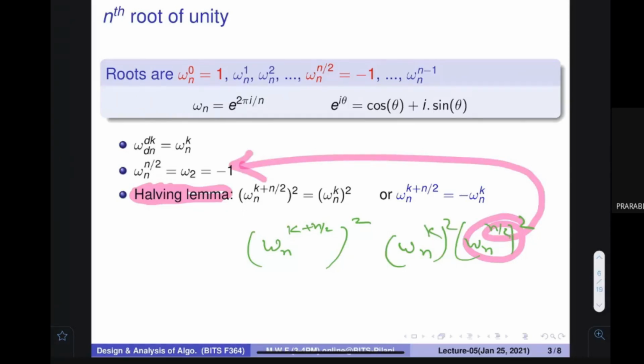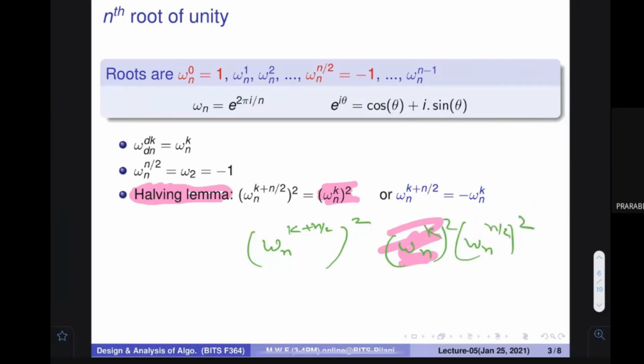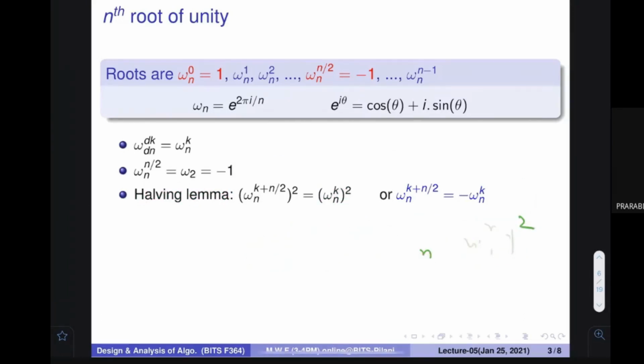This is a very interesting result, and this is actually a very important thing. As I told you, if you want to find the nth roots, there is something called ω_n. You start with ω_n^0, ω_n^1, ω_n^2, dot dot dot. What is the last one? ω_n^(n-1). I'm sorry for what I wrote here. Actually, it is ω_n^0, ω_n^1, ω_n^2, dot dot dot, ω_n^(n-1). Am I right? So these are actually my roots.